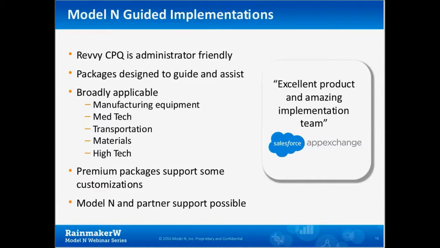And the process is very iterative, where they're set up, they're worked with, they come back with the models, or they come back with the catalogs. Our guides take a look at them, give them best practices, make improvements. But it really helps the owner of the CPQ system, as you talked about, absorb that information and become very self-sufficient.